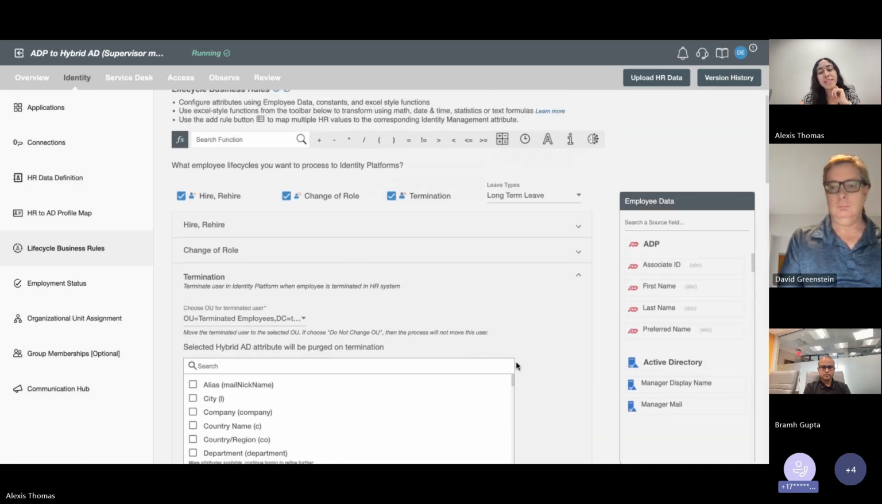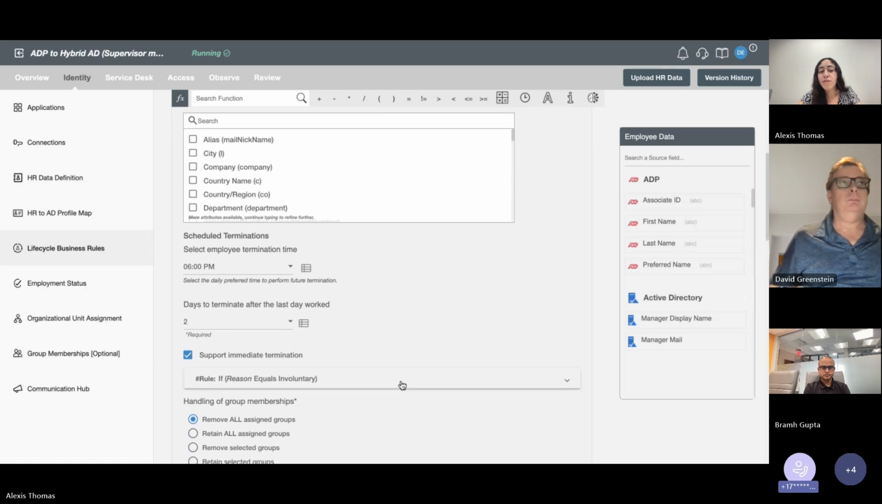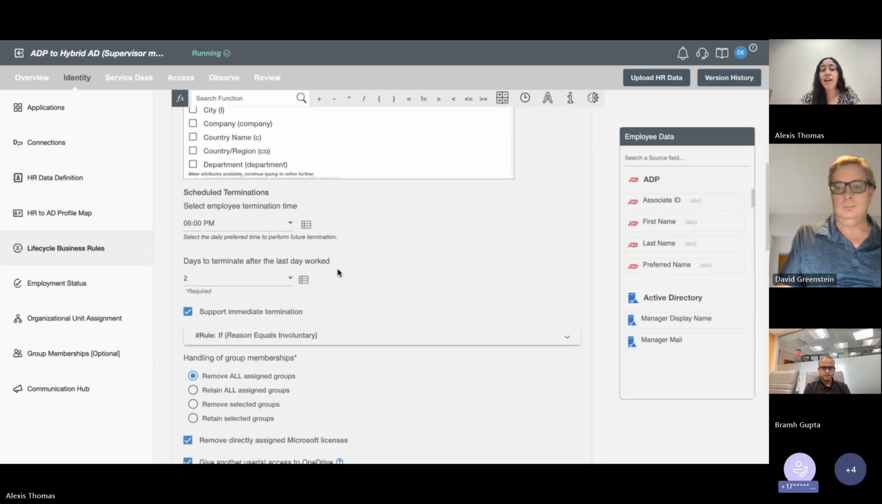Jumping to termination, we have a few steps that we handle automatically here. You can put that employee in a terminated OU automatically, purge certain attributes like personal email or phone number if you no longer want them. And another thing to point out here is that, of course, we do support scheduled terminations. So let's say it's someone's last day, they sent in their 2 week, and at 6 p.m. you want to make sure all of these termination steps are being done. If you select 6 p.m. here, like I mentioned earlier, we'll make sure that at 6 p.m. in that person's time zone, the account is disabled, they're moved to the proper OU, they're given that shared mailbox if that's what you would like, shared OneDrive, which I will get into shortly,